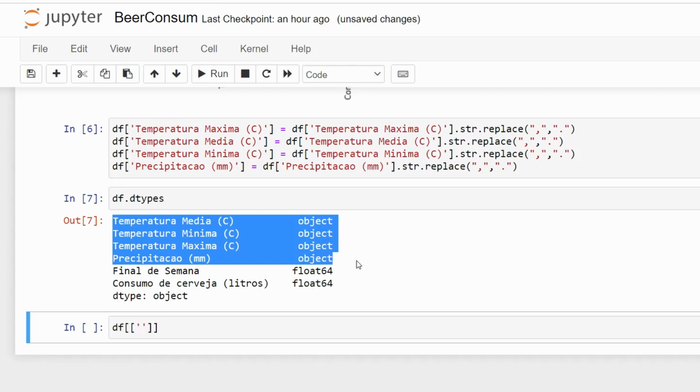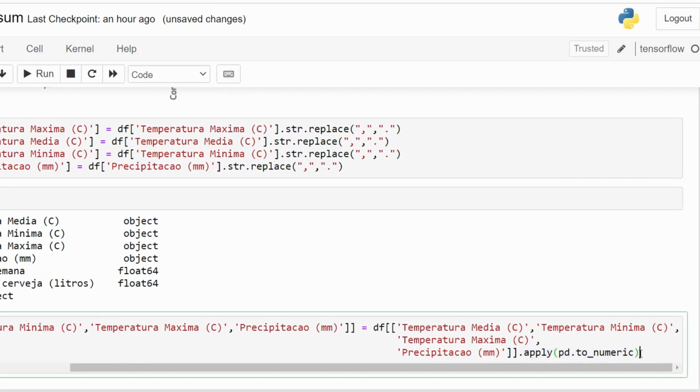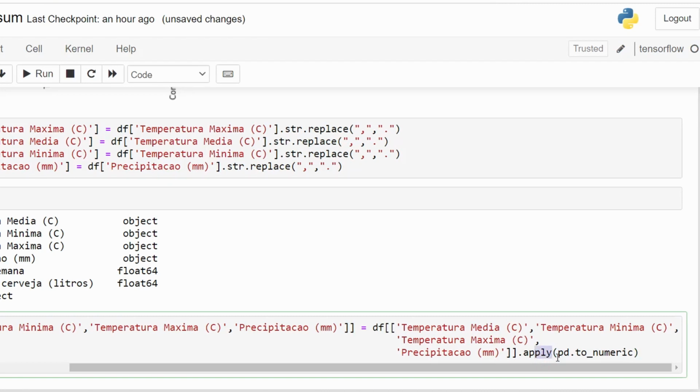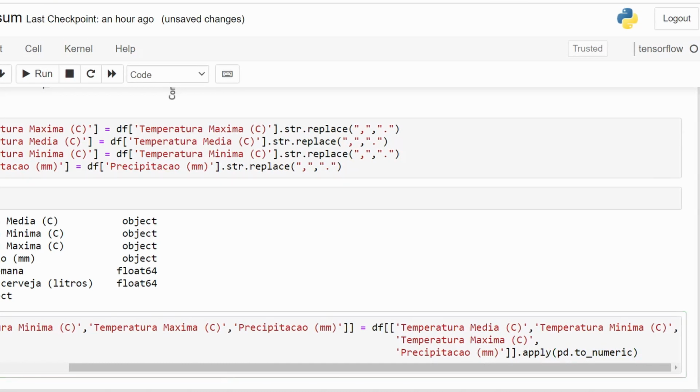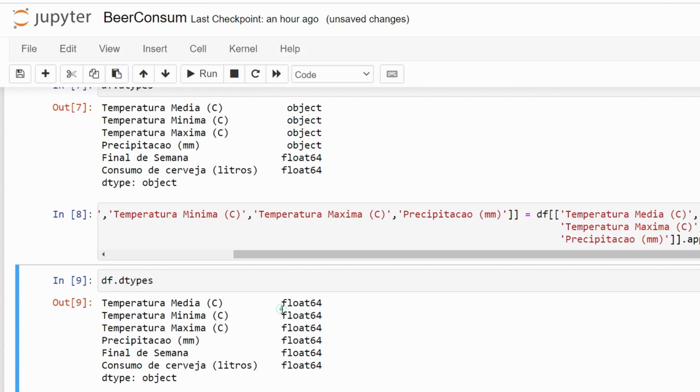Let's fast forward it. And now you can see I have applied a function which is pd. Like you can apply any function from here by using dot apply, and it will be applied for each and every value inside that cell, right? So pd dot to numeric, which means it will convert that dtype into the numeric type and execute it. After it you can also check the dtypes, and you can find it's float, means numerical data types.